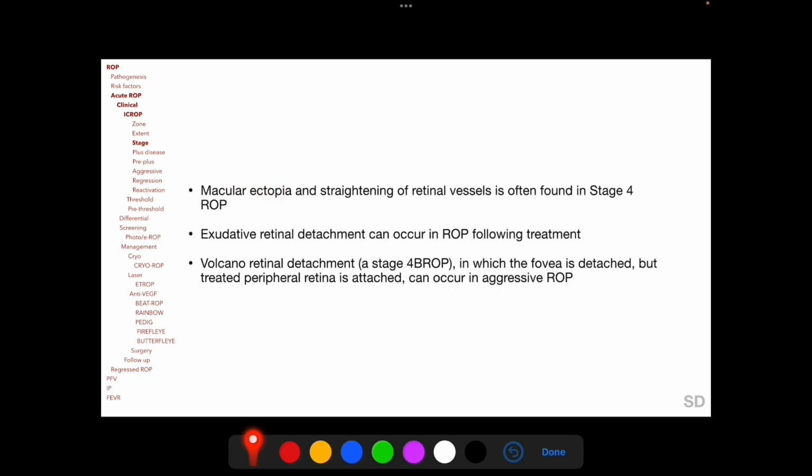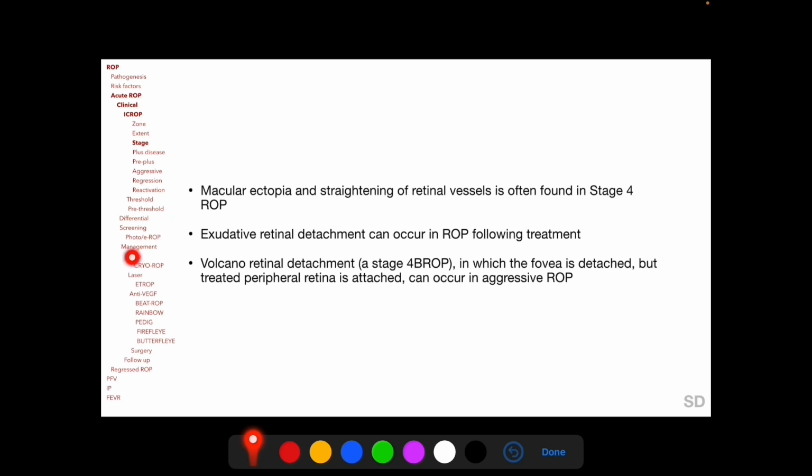Macular ectopia or displacement of the macula, usually temporally, and straightening of retinal vessels is often found in stage 4 ROP. Exudative retinal detachment can occur and usually occurs following treatment of ROP. Volcano retinal detachment can also be found in ROP, in which the fovea is detached but the treated peripheral retina is attached, and usually occurs following treatment of aggressive ROP. And treatment here refers to ablation of the peripheral avascular retina, usually with laser but sometimes with cryo,